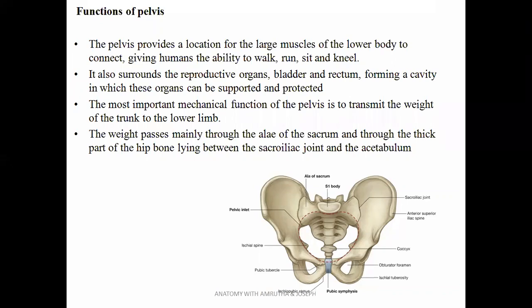Okay, so different activities. And it also surrounds reproductive organs, because you know that the reproductive organs are located in the pelvis. Here, when you look at this diagram, a red dashed line can be seen in this dotted line, and that represents the boundary between false pelvis and true pelvis. Okay, false pelvis and true pelvis. We know this is a pelvic area, which can be divided into false pelvis and true pelvis.